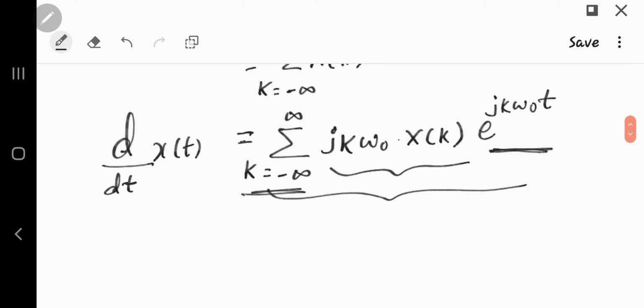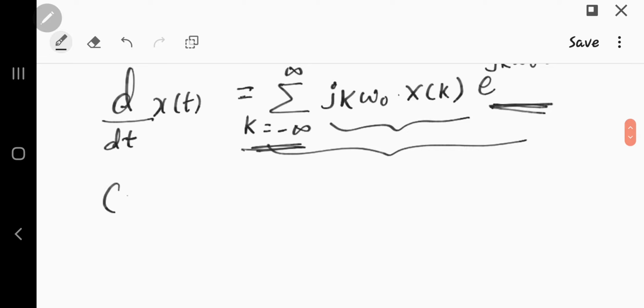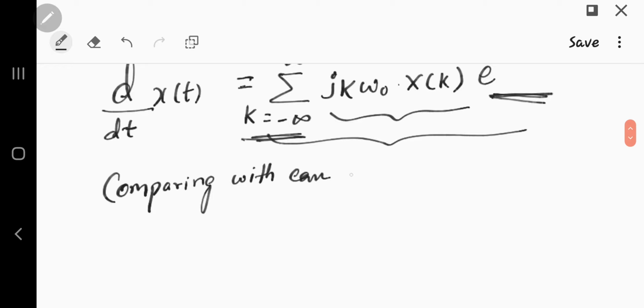So if you compare this, the only difference here is that the limit is the same, the exponential is the same, but j k omega naught x of k is the one which is going through synthesis here. So that is why, comparing the above equation with equation 1, we get